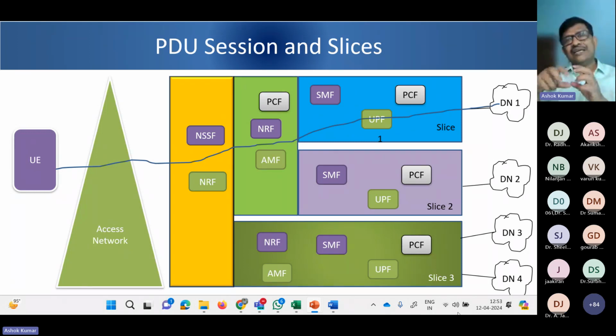While provisioning those user equipment into the network, they will be allowed a particular slice which is handling the smart meter. No other slice will be allowed to that particular chip or user device. Whenever they are trying to connect, it will connect to that slice only, no other slice, right?